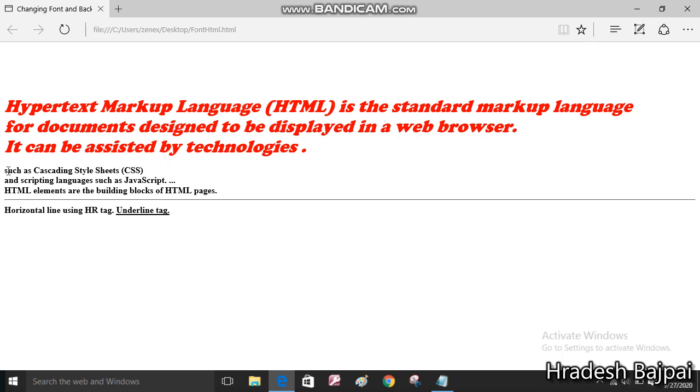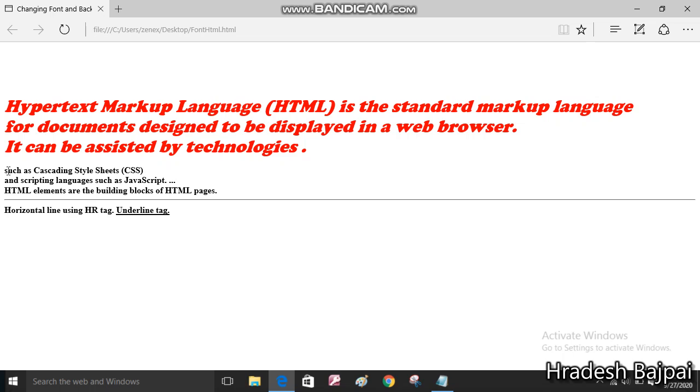I have shown you how you can change font color. In your book you can see the list of color names, and you can use color values also, but it's better to use the color name, because while writing values you can make mistakes. So I'm suggesting you to use the color name only.